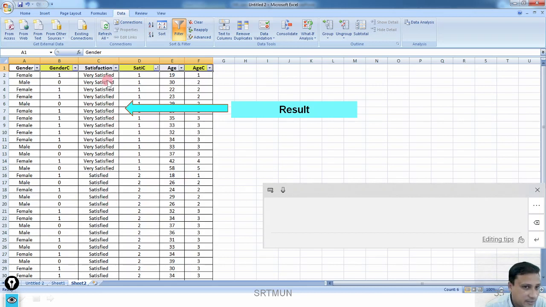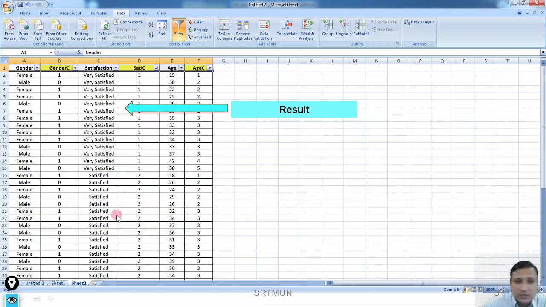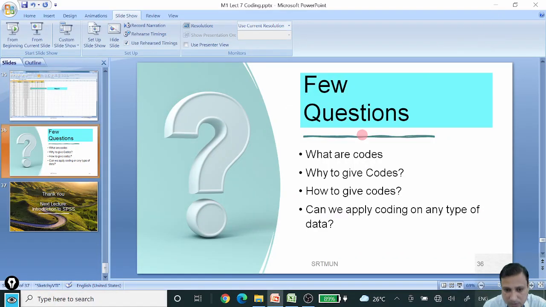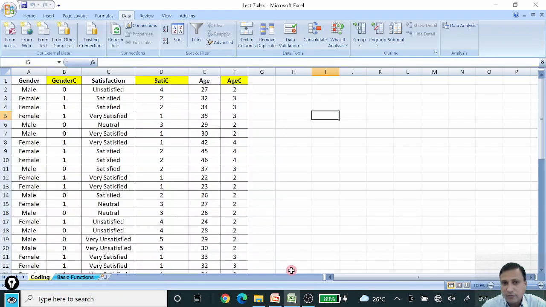Now very satisfied came first, then satisfied, and accordingly. This is simply the sorting process. You can go to age or gender as well. Fine, that way you can go for the filter thing. Now let me take you all to the MS Excel sheet, and here we'll demonstrate what we have learned, how